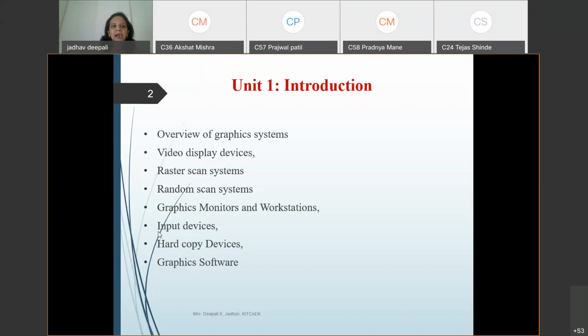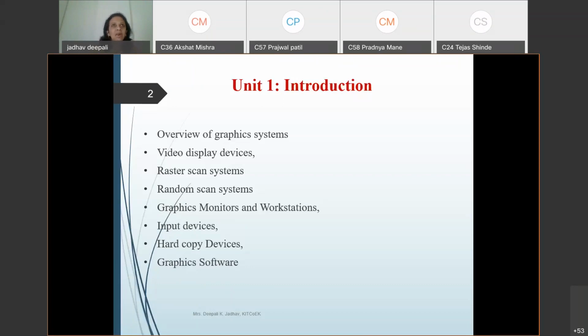Input devices. Graphics is not possible without input devices, because we are giving some input to that particular system. For example, when you are playing a game, you are using the keypad of your mobile, correct? That keypad is nothing but an input device. Now I am taking the lecture and using this mouse to click, and the window changes in this way. So it is an input device. Whether your laptop keyboard or your PC keyboard, all these are input devices, and these are very essential.